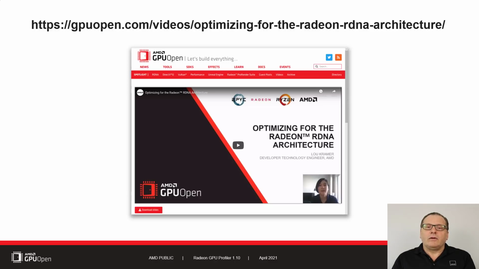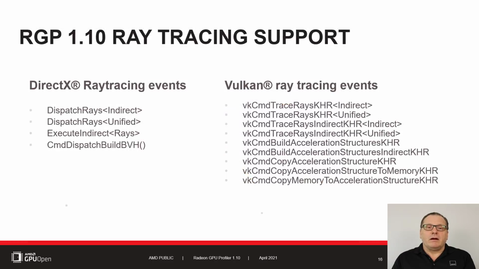Next, let's take a look at the ray tracing support that has been recently added to RGP. New API events have been added to RGP to support ray tracing workloads, 4 to support DirectX and 9 for Vulkan. In RGP, ray tracing events are just like the existing graphics and compute events in that they are created using an API and result in GPU activity. As such, ray tracing events fit nicely into many of the existing RGP UIs. Let's take a look at the various RGP UIs and see how these new events have been integrated.